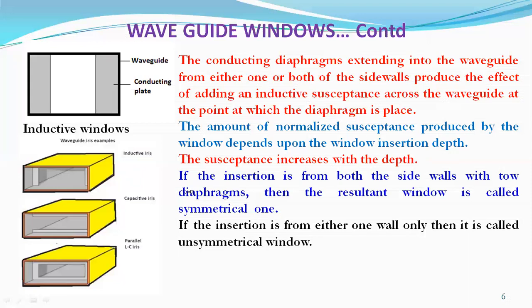413. Yes, sir. Now tell me how to create capacitance susceptance in rectangular waveguides. What is meant by a capacitive window? Conductive plates are parallel. These are fixed inside the waveguide, at the broader side of the waveguide. Now see, this is inside the waveguide, on the broader walls of the waveguide.